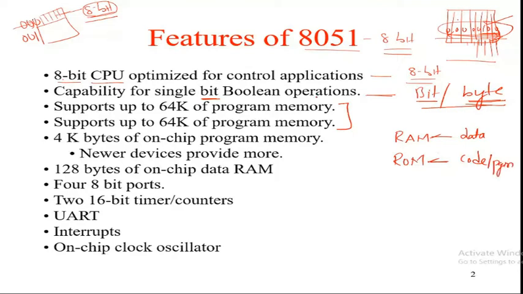So whatever memory you are interfacing to the processor, or whatever memory you are maintaining internally in this microcontroller, that can be organized in two ways. That is, some of the amount can be assigned for RAM and some of the amount can be assigned for ROM. Once a particular memory slot is assigned for RAM, that can be used only for the data